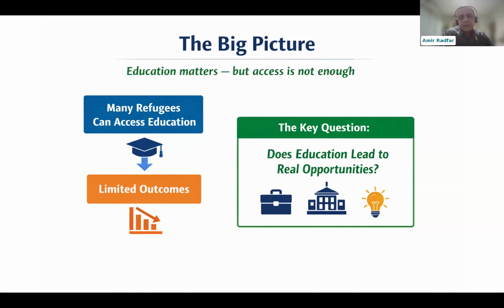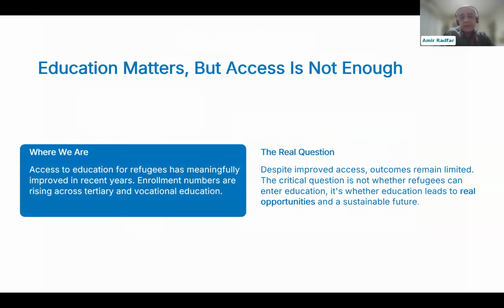They really want to give more access to higher education for refugees, where we can also promote vocational education, or TVET in short, under tertiary education, and also connected education at the same level. But again, we are now really focusing more on the outcome side of the education we are providing, specifically at the tertiary education level.